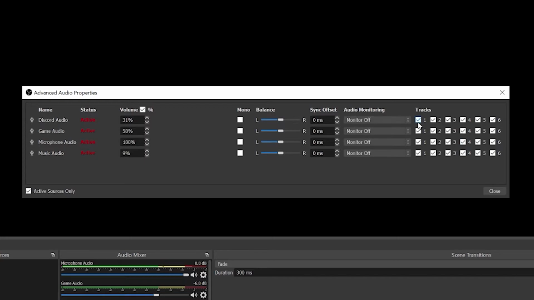Now, what I like to do is uncheck all of these except for number 6. Then microphone audio, I like to have checked on 1. Game audio, I like to have on number 2. Discord audio on number 3. And music audio on number 4. You could really do this any way you want, but the most important thing is that each one gets its